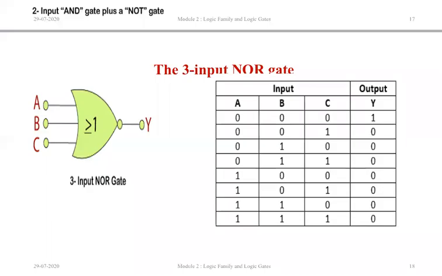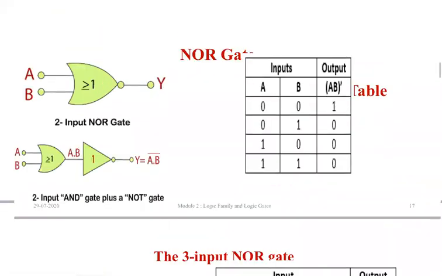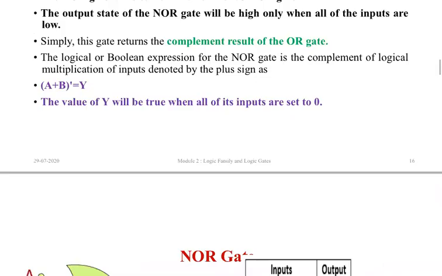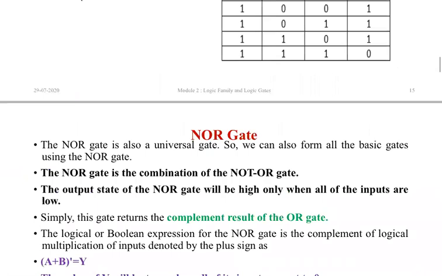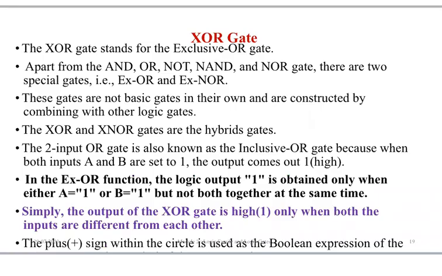Okay, so yesterday we had seen OR gate, NOT gate, NAND gate, NOR gate, AND gate. So 5 gates we have studied. So 2 more gates we will study, and then we will go with Boolean algebra. So the second last gate is your XOR gate. XOR gate is also called exclusive OR gate.